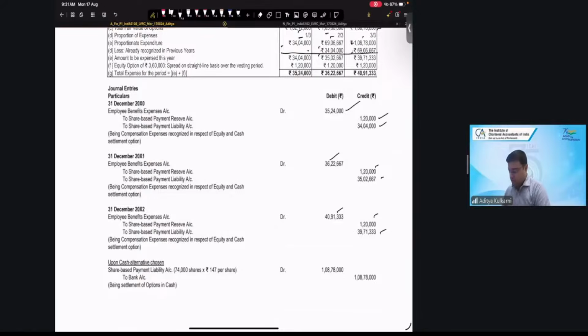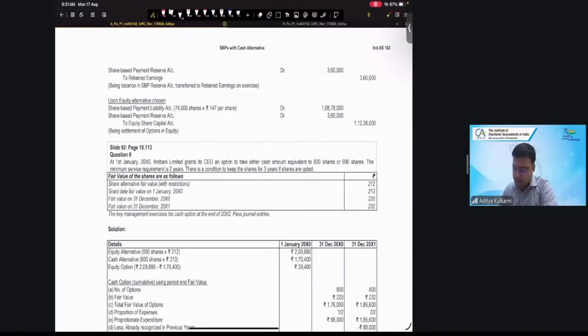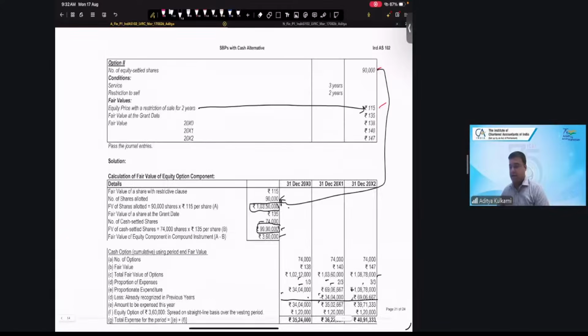If cash alternative is chosen, SBP liability account debit 1 crore 8 lakh 78 thousand is the entry that you will pass if you have chosen the cash option. Once you choose the cash option, you cannot keep SBP reserve as it is. You will have to move that to retained earnings. If you choose equity option, then SBP liability will vanish, SBP reserve will come in, and equity share capital will be recognized,